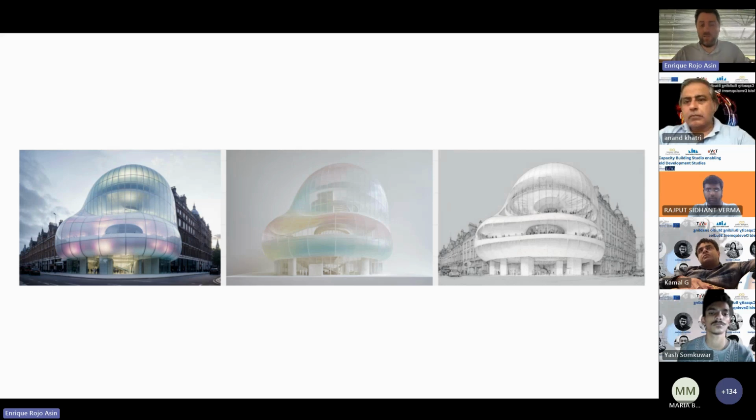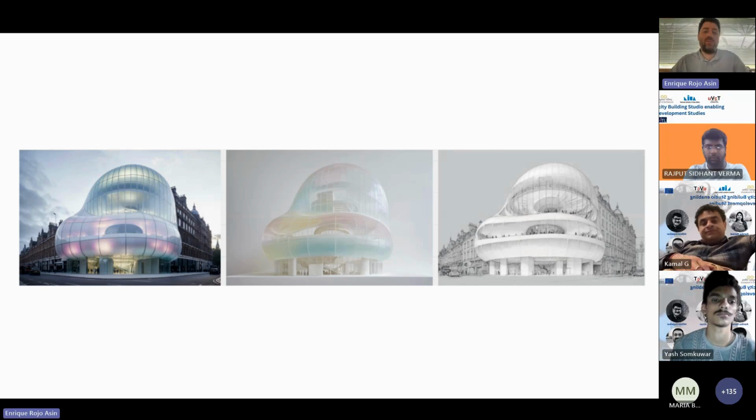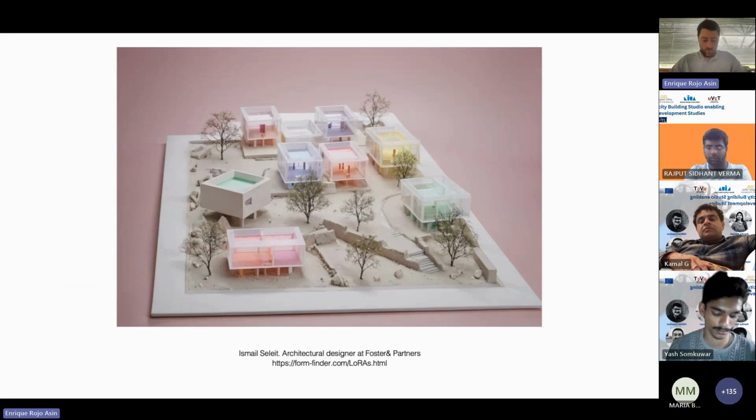So these styles can be obtained if you train these models, which, for those of you that don't want to train, obviously, there are already some available, which are really nice. For example, this architect, Maril Selite, who works for Foster and Partners, has been developing for at least 2 years these new LoRa's, and as I said, he has different styles.